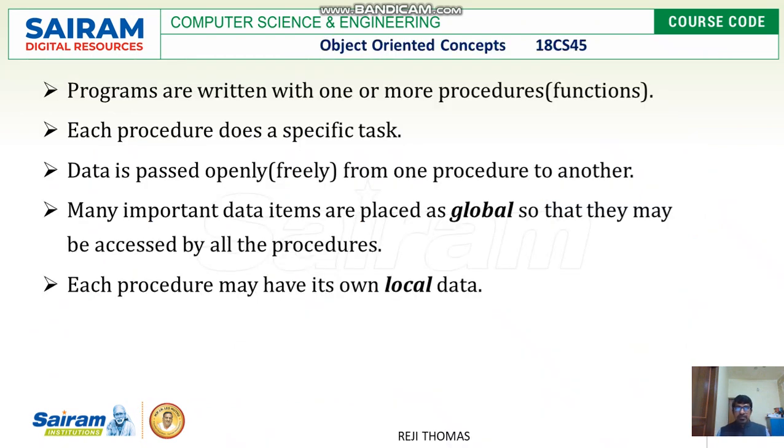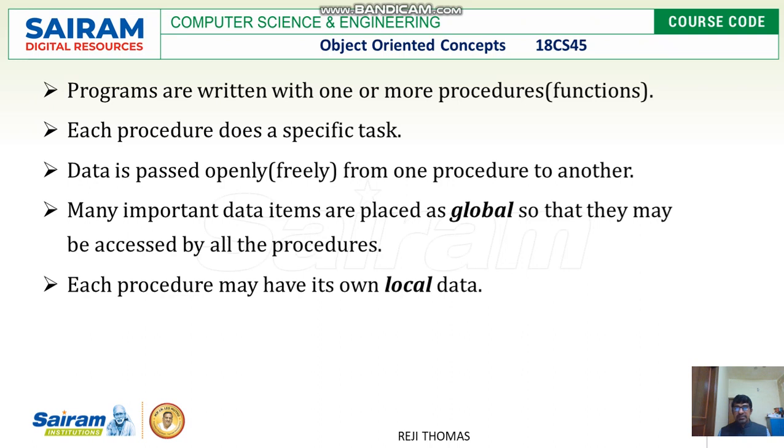Let me summarize. Programs are written with one or more functions. Functions are also known as procedures. And please remember, every procedure does a specific task.